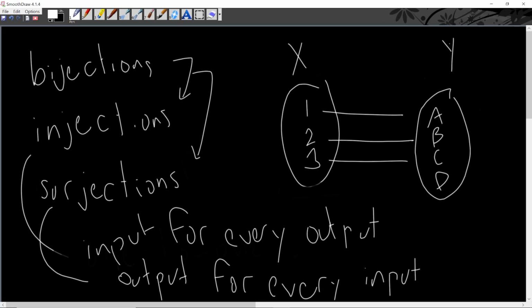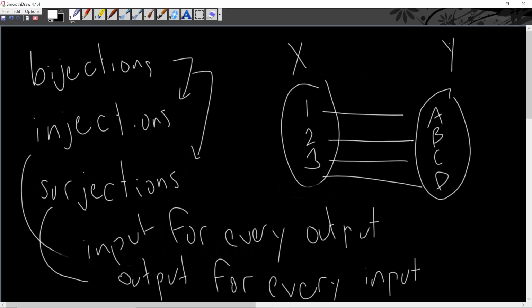So 1 maps to A, 2 maps to B, 3 maps to C. This is an injection. And then if we had an output for every input, then this, if 3 maps to C and to D,